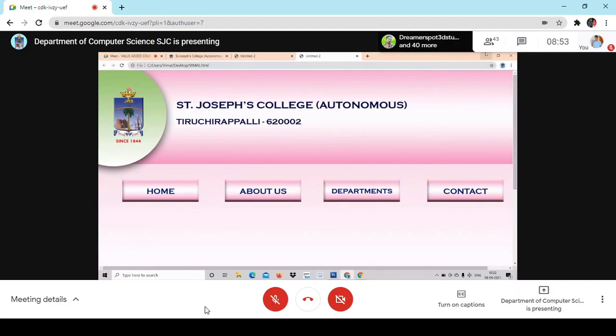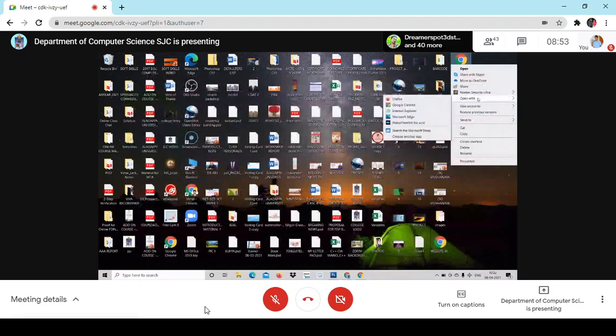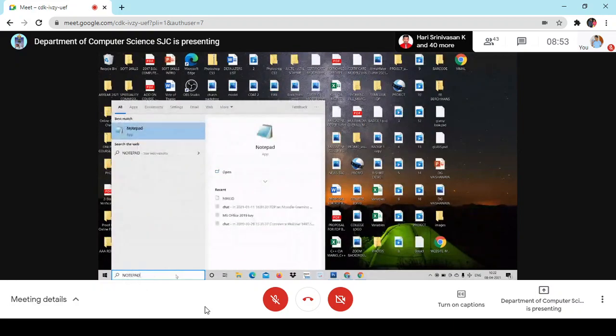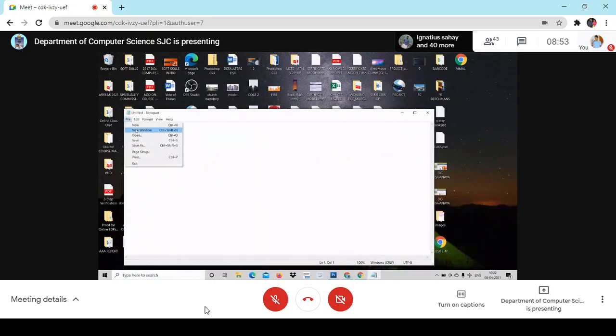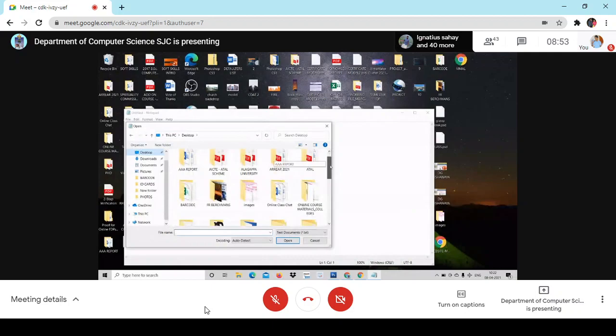For example, I will do a little thing. You need not learn it. Just to see, I'm opening it in Notepad. A little part of programming. You need not learn it, no problem. I just open the same in Notepad.